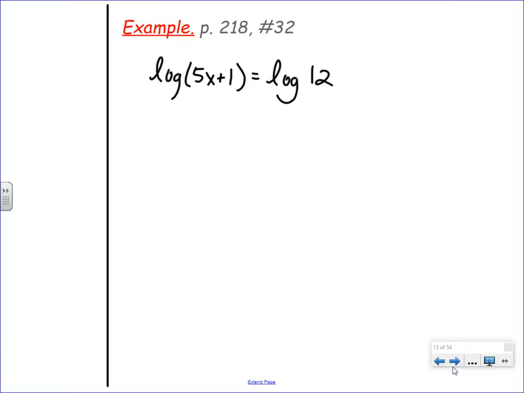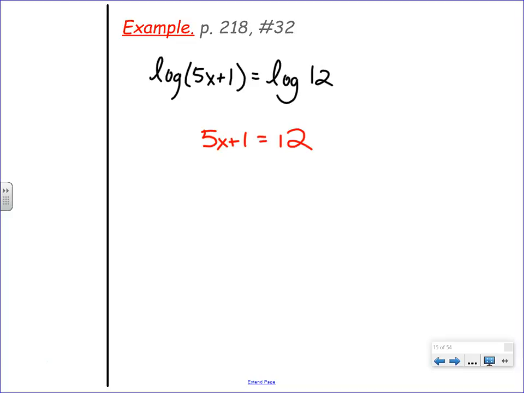So let's end with this example. Oh man, there's logarithms everywhere, but they're both common logs, and there's one on each side. There's a one-to-one property that says if the logs and the bases match. Maybe this one won't be our last one after all, because all we have to do is say, hey, they match. Sweet, 5x plus 1 must be 12 because logarithms are one-to-one.